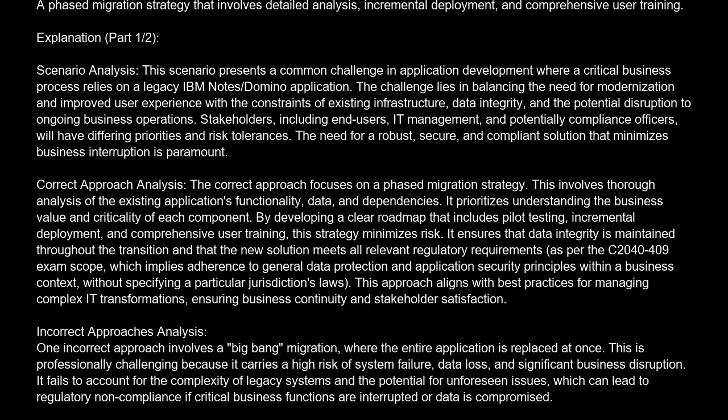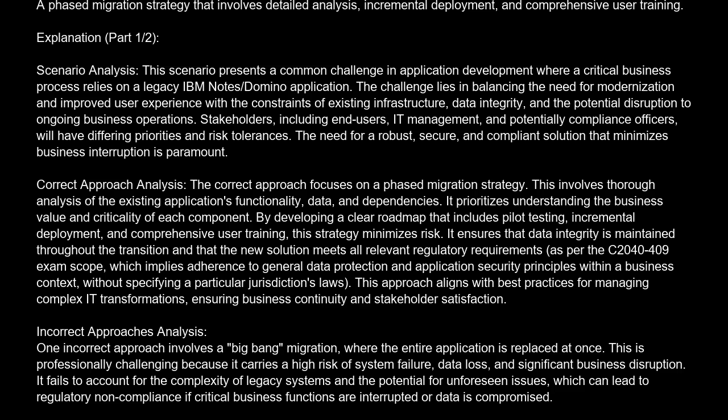Correct approach analysis. The correct approach focuses on a phased migration strategy. This involves thorough analysis of the existing application's functionality, data, and dependencies. It prioritizes understanding the business value and criticality of each component. By developing a clear roadmap that includes pilot testing, incremental deployment, and comprehensive user training, this strategy minimizes risk. It ensures that data integrity is maintained throughout the transition and that the new solution meets all relevant regulatory requirements,